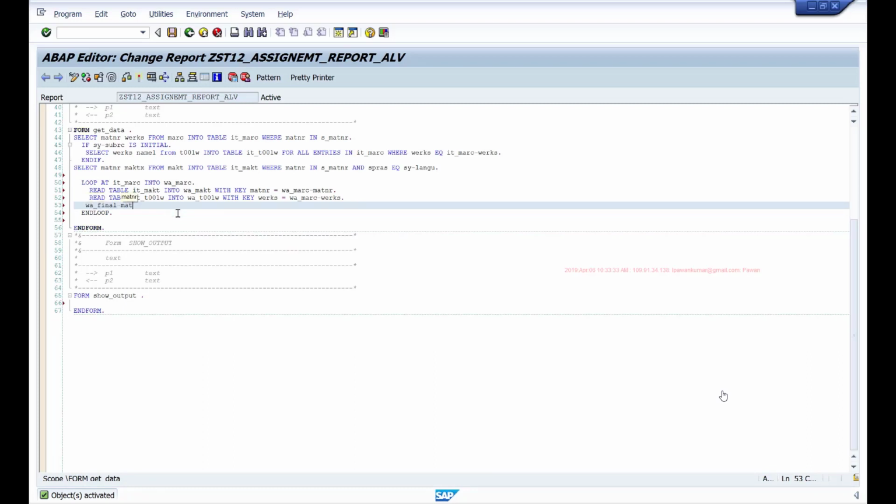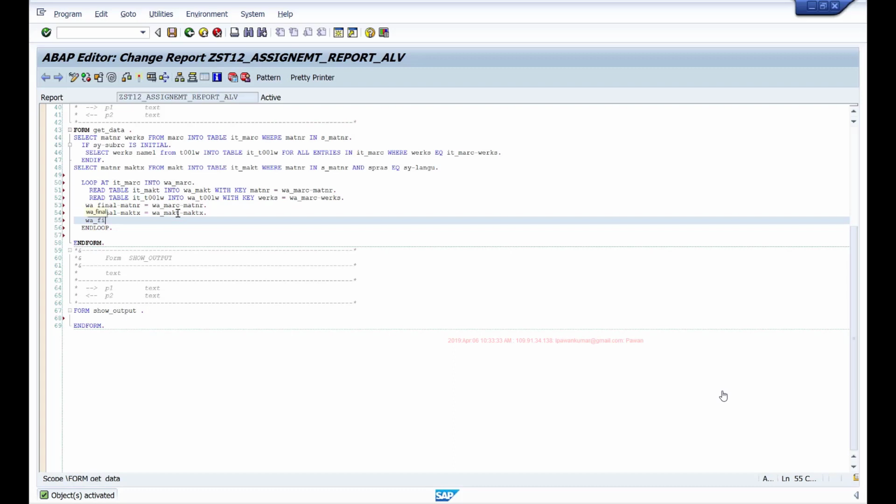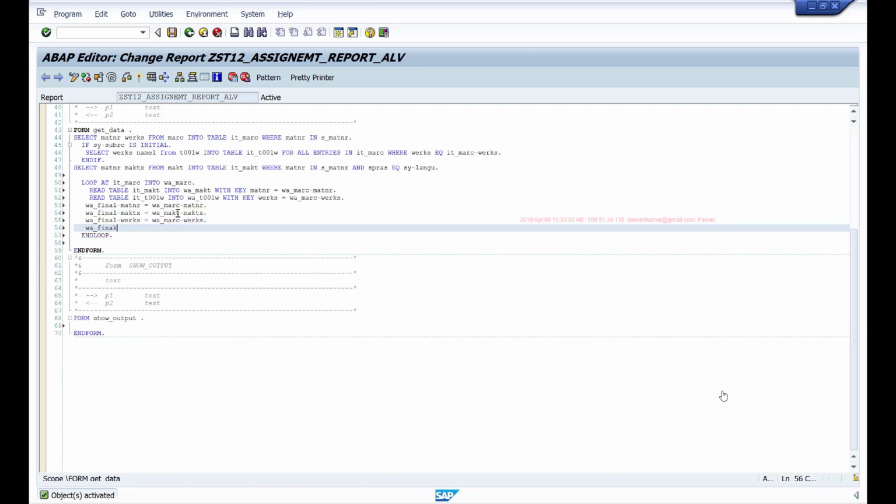Let's say WA_final-MATNR equals WA_MARC-MATNR, WA_final-MAKTX equals WA_MAKT-MAKTX, WA_final-WERKS equals WA_MARC-WERKS, and WA_final-NAME1 equals WA_T001W-NAME1.